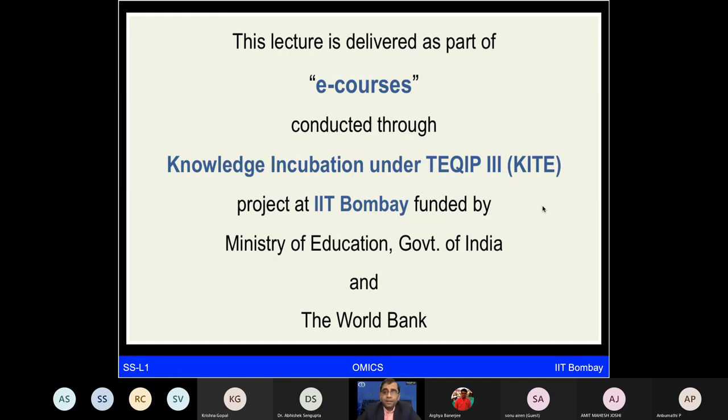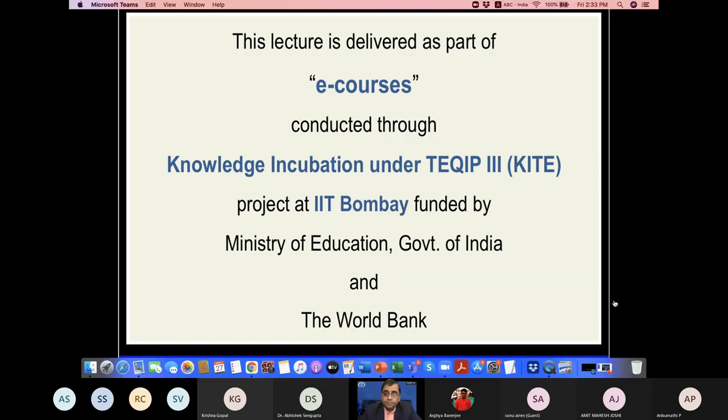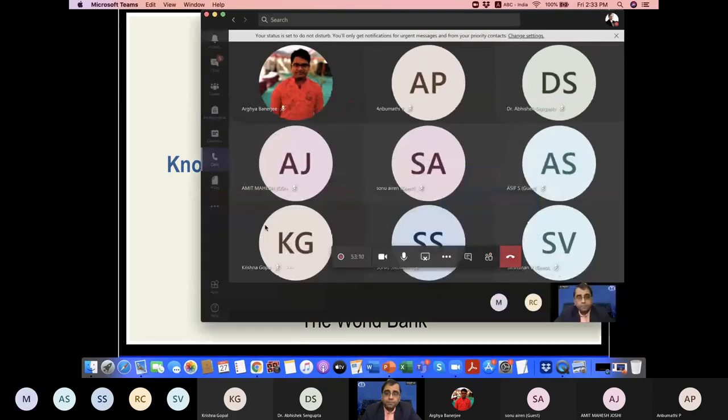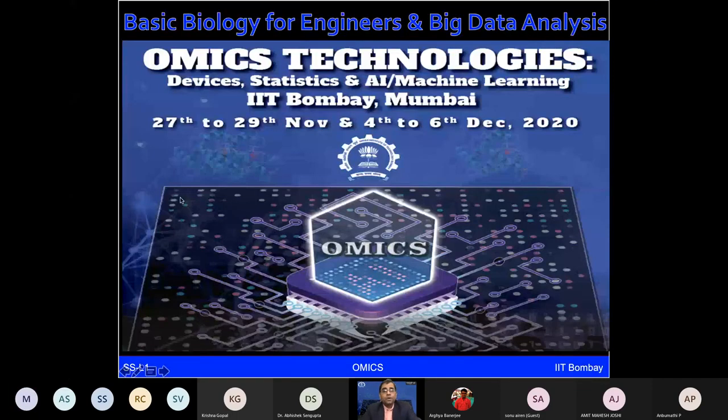Welcome to this course, which is Basic Biology for Engineers, where we are going to focus mainly on the omics technologies. And this e-course is supported by TEQIP, third from the KIT project at IIT Bombay. So we are going to take this course for the next 2 weeks. Especially it will be half a day every day this week and the next week,